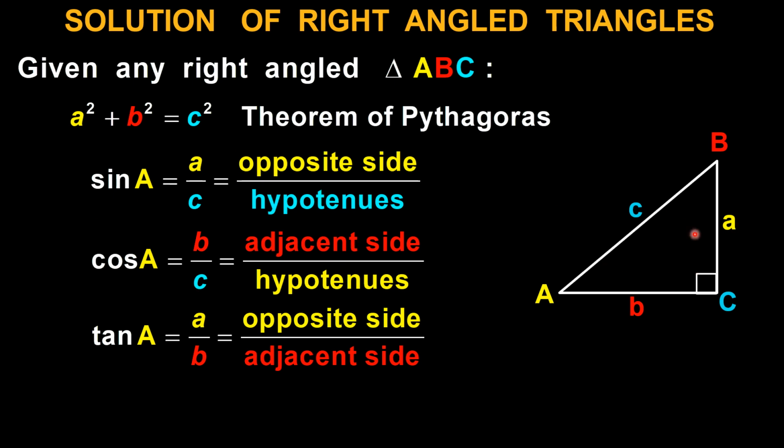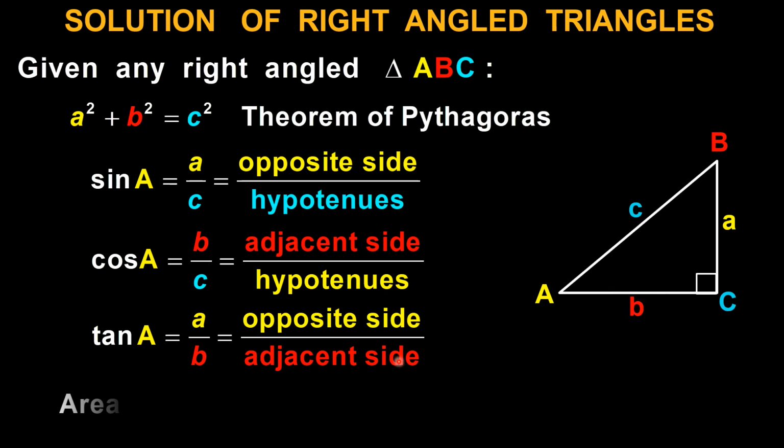For example, if I know angle A and I know this lowercase c, I can work out a. If I want a with c, I have to use the sine ratio. If I have angle A and c and I want b, I can use the cosine ratio. Or if I have angle A and this opposite side, I can find this one making use of the tangent